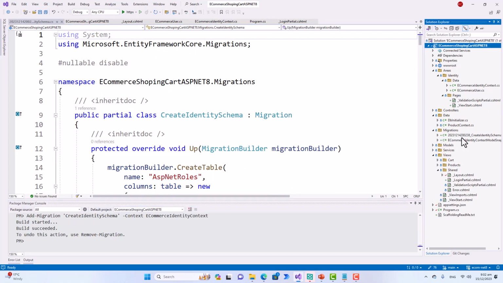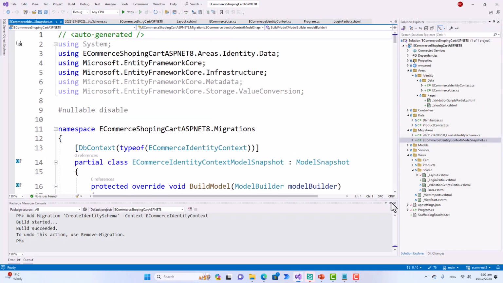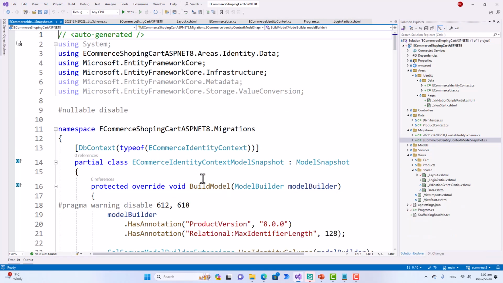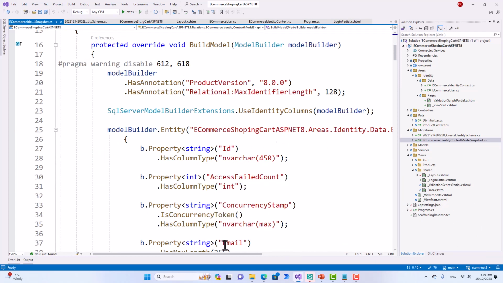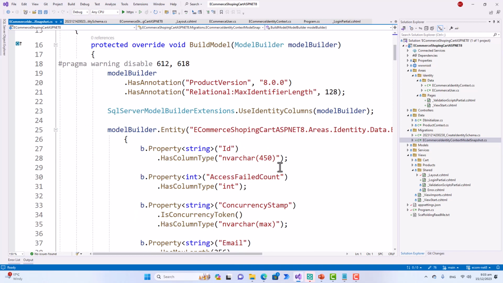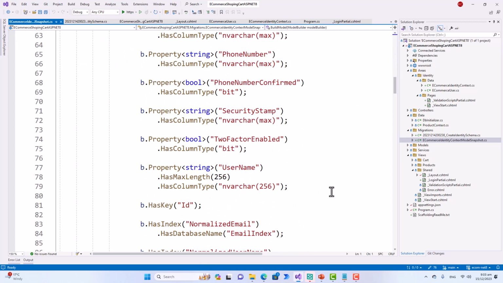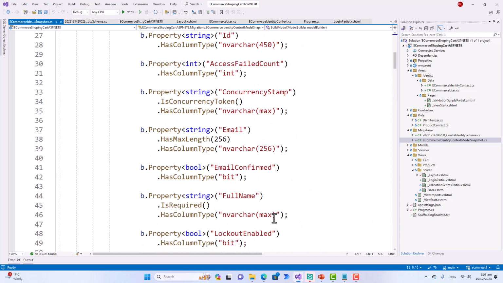So you see the migrations folder, you've got this snapshot and create identity schema files already there. If you look into the snapshot first, it gives a model snapshot, and in the build model it has got an entity, modelBuilder.Entity, and it has got all the schema code necessary for creating the schema for the identity. All right, for all the tables, if you are familiar with this notation,